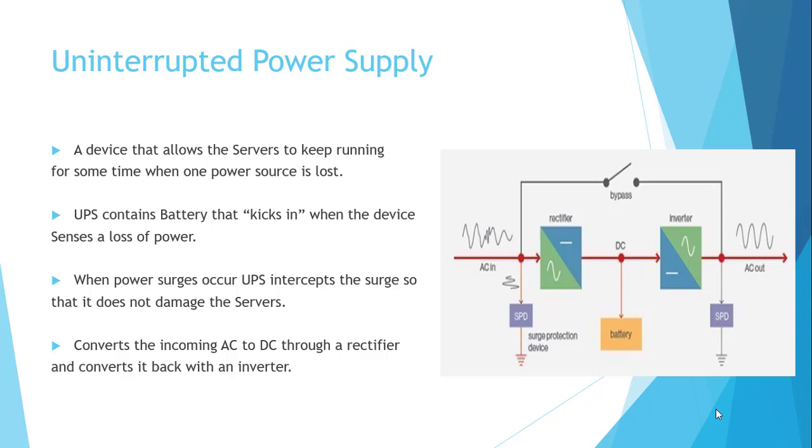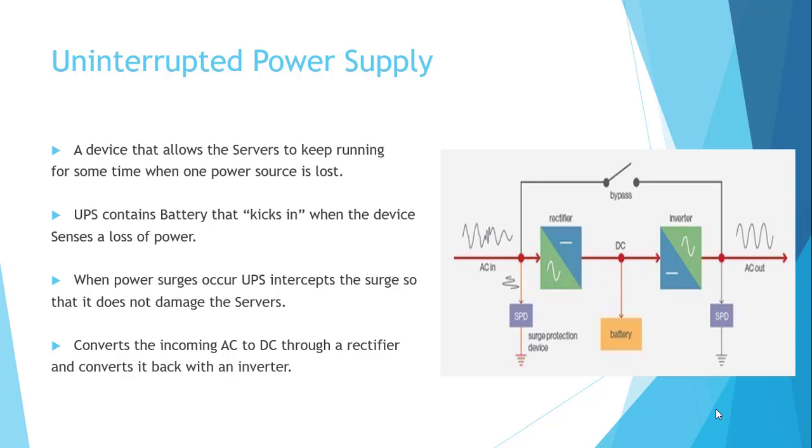On the left, you can see a diagram of the UPS. The output of the ATS switch, which is nothing but an AC power, is an input to the UPS. UPS will convert the AC power to DC power using a rectifier. The DC power is then used to charge the battery. In case of power failure, the DC power is converted back to AC power using an inverter, which is then further supplied to the data center PDU.